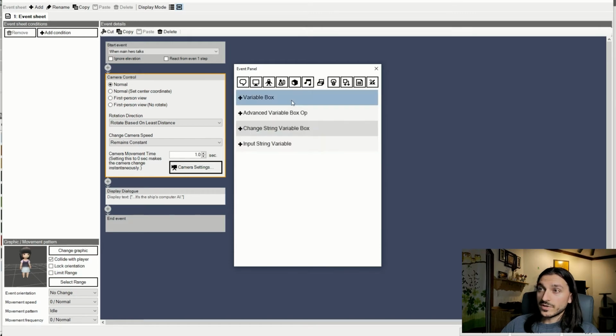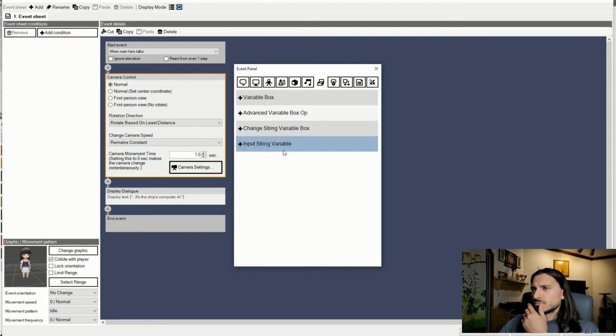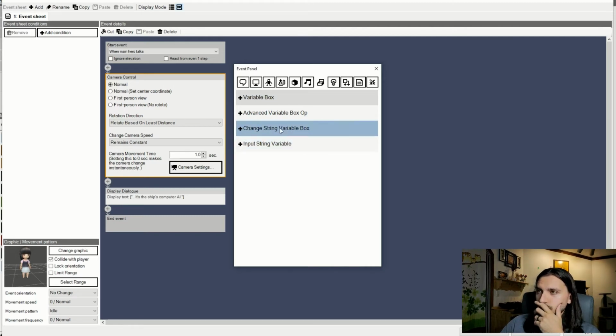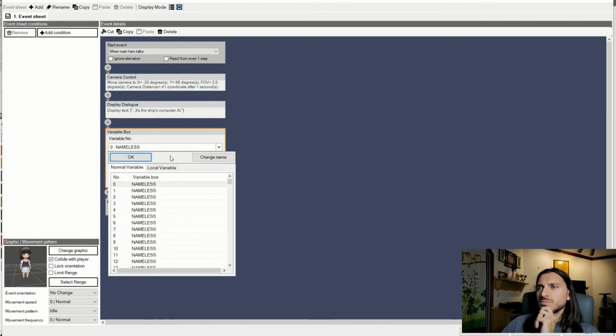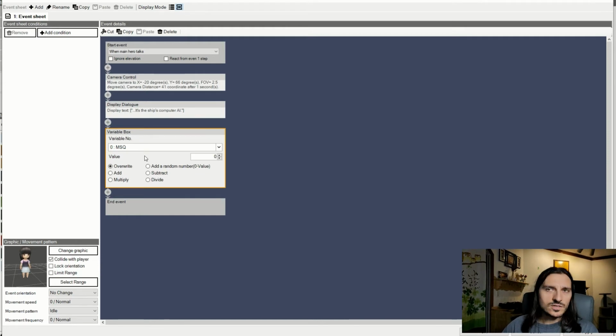Now, we want to mess with a variable. And this is something I am not good at all. I have not messed with very many variables. We don't need to change a string. We probably just need variable box, and variable number 0, which I'm going to call MSQ. We're going to assign it a number. Okay, so here's my thought process, and I could be quite off on how this actually works, but for a lot of RPGs, the streamlined way of doing things for events, when you get into wide open lands and having this quest chain for your main story quest, or your MSQ,